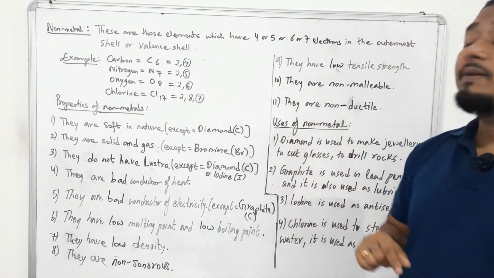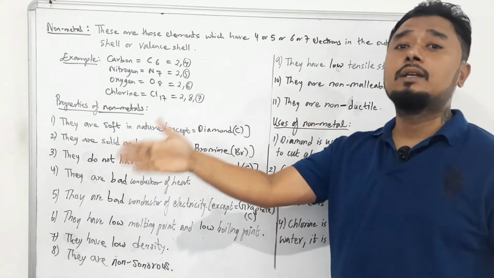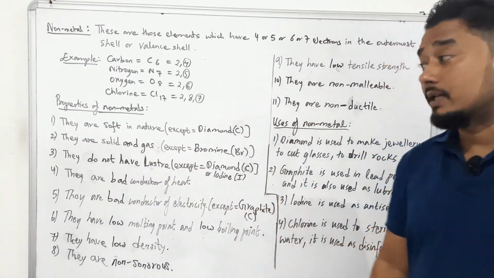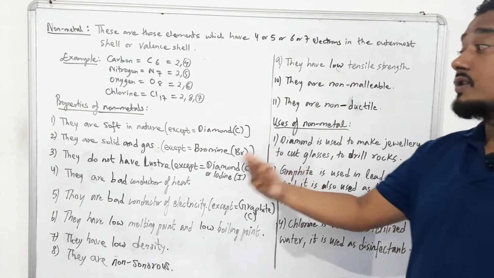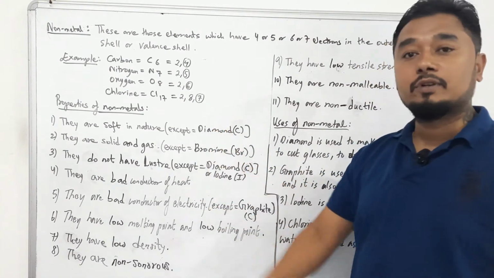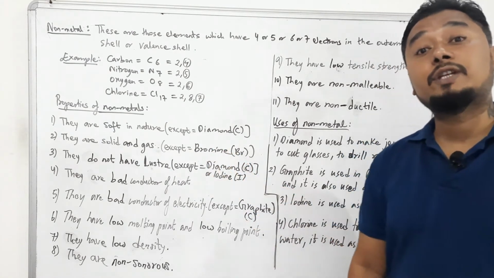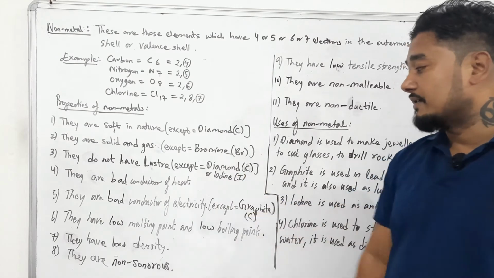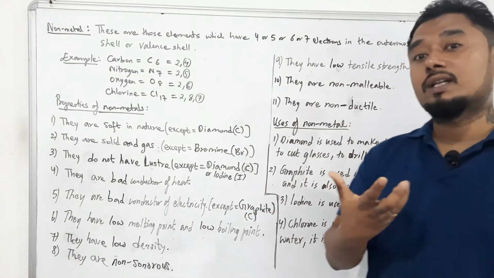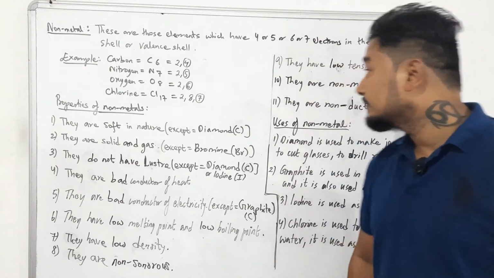So these are the 11 properties of non-metals, students. If you remember the 11 properties of metal, make them opposite, and they become those of non-metal. And do remember the exceptional cases. The question may come from here like this. Name a non-metal which is hard. Answer: diamond. Name a non-metal which is liquid at room temperature. Bromine. Name a non-metal which has luster. You can write either diamond or iodine. Name a non-metal which is a good conductor of electricity. Answer will be graphite. Okay, for objective questions.